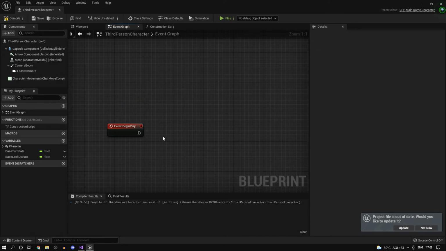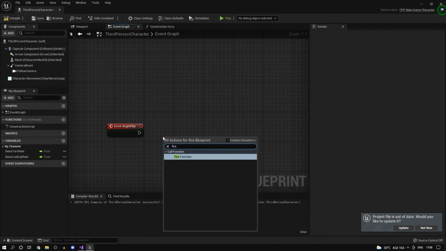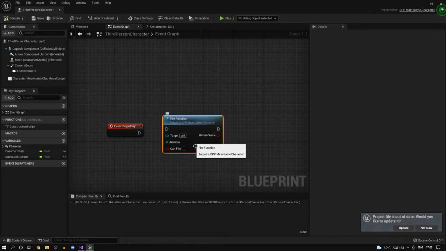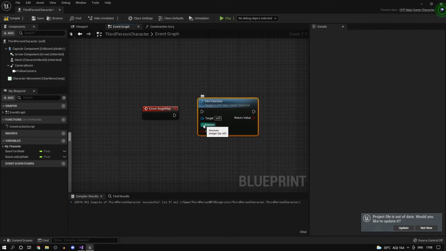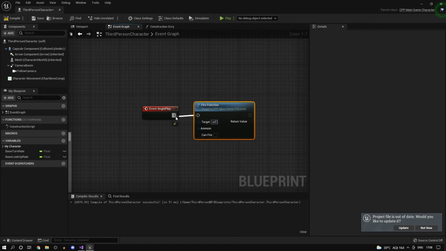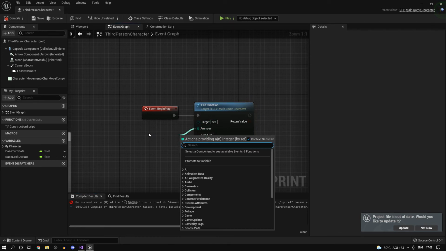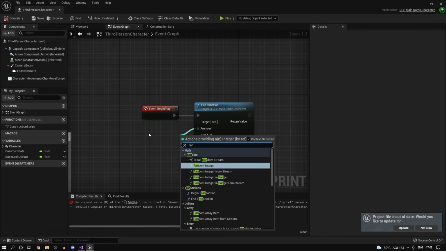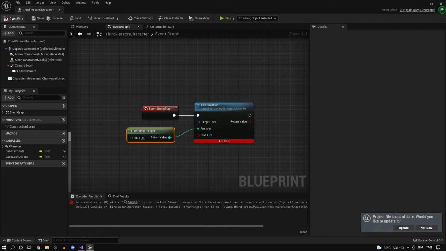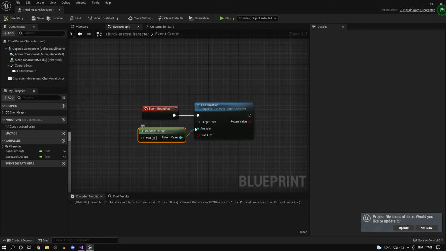Now just to see if the fire function is working, we could just type in fire function, and as you guys can see, it takes in an integer, that is ammo in, by reference. Now if I were to just connect this, it won't compile. So let's just type in random integer maybe. Now it's going to be happy to compile.